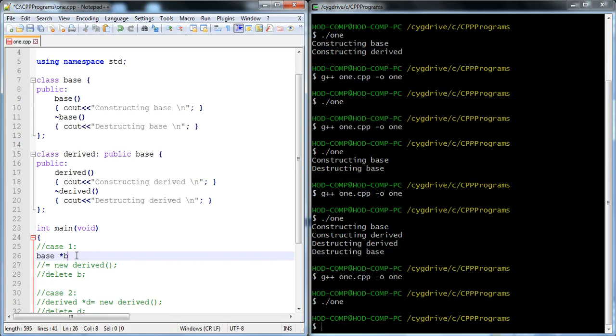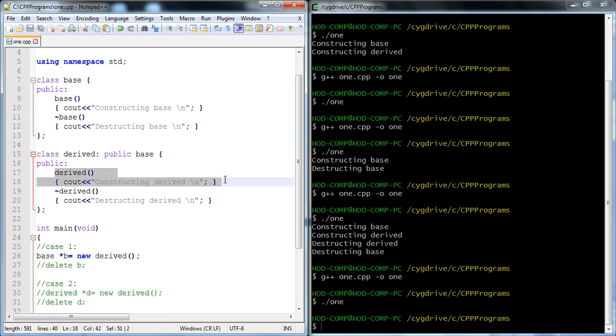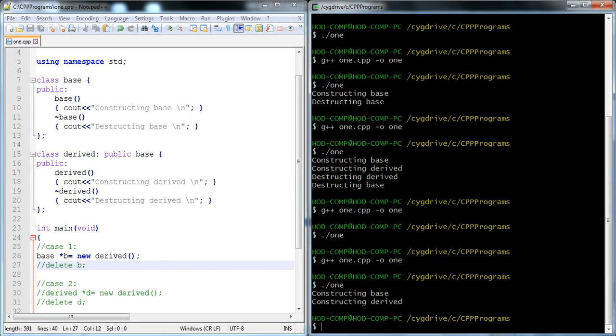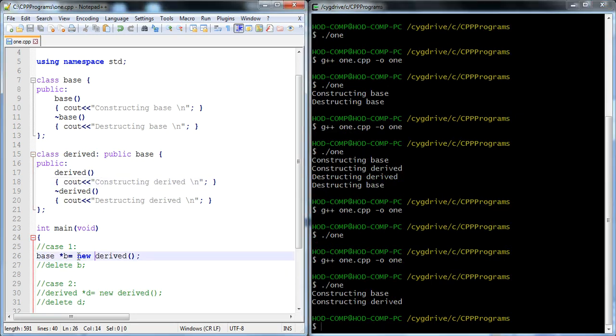But when we assign a value to the base class pointer by calling the derived constructor, the output is the constructor of base and the constructor of derived. It calls both because we assign the derived constructor here.